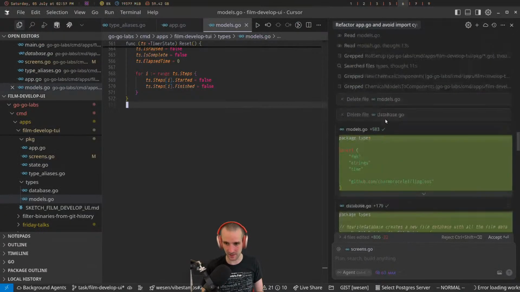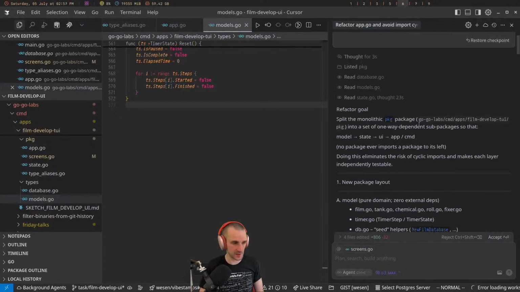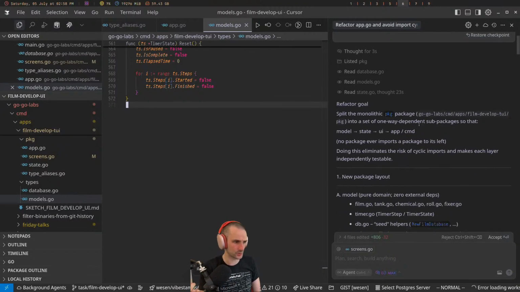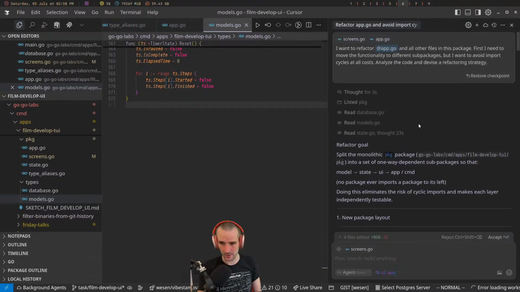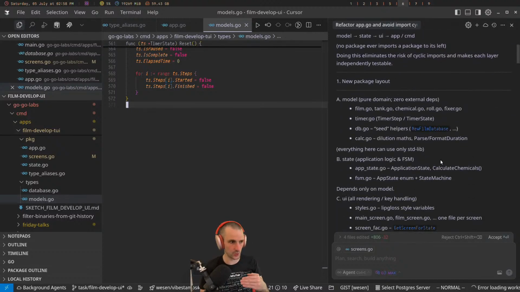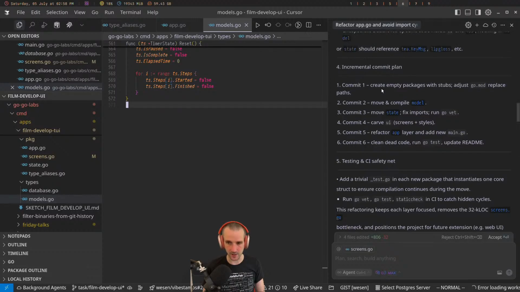And this time I decided, okay, well, let's do it in Cursor because I want to look at the code. And since I failed twice already refactoring it, this time I'm going to go back in time to the pre-agent coding that I was doing, where I was much more document-driven, step by step, to first have the model analyze the source code and devise a strategy that avoids import cycles in Go, which are a sure way of really confusing agents. So what I did here is create a plan